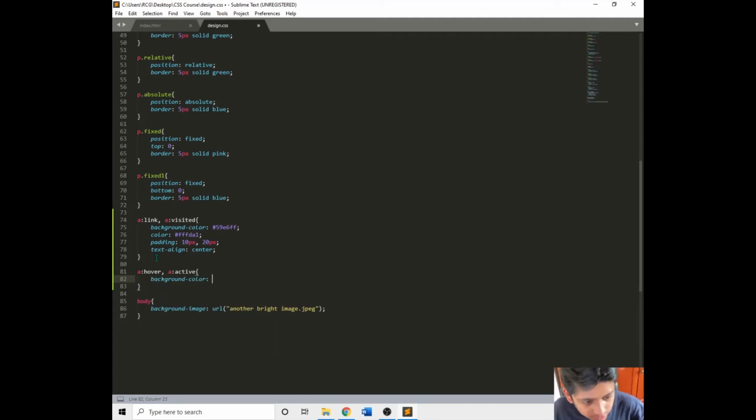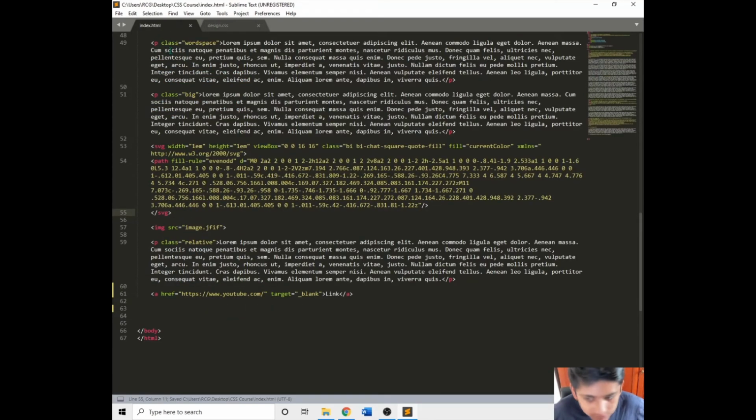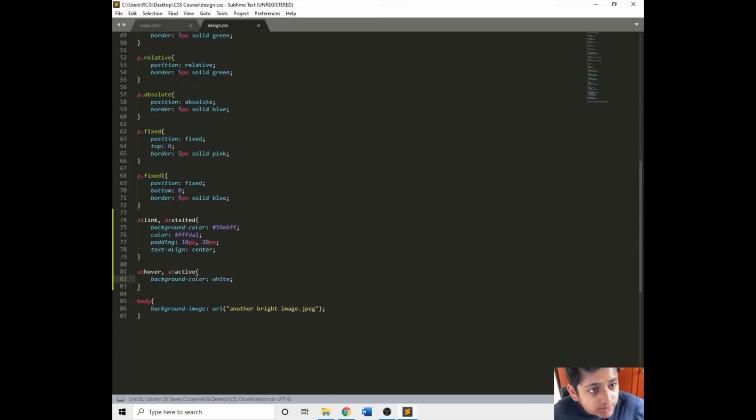So if we just do background color, and then here let's change it into a different color. So we could do white right there. So whenever the link is unvisited or when it's visited, there's the background color, the color, the padding, and the text align. And then whenever we hover onto it or whenever we click on it, the background color will be white right there. So if we just save both of them,